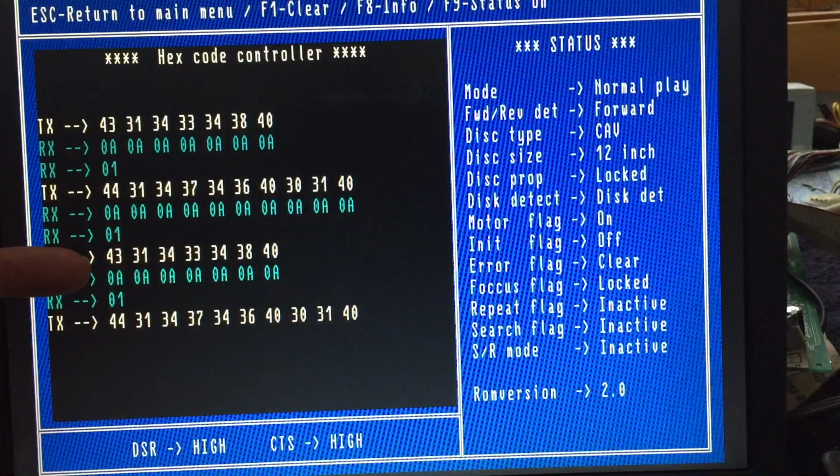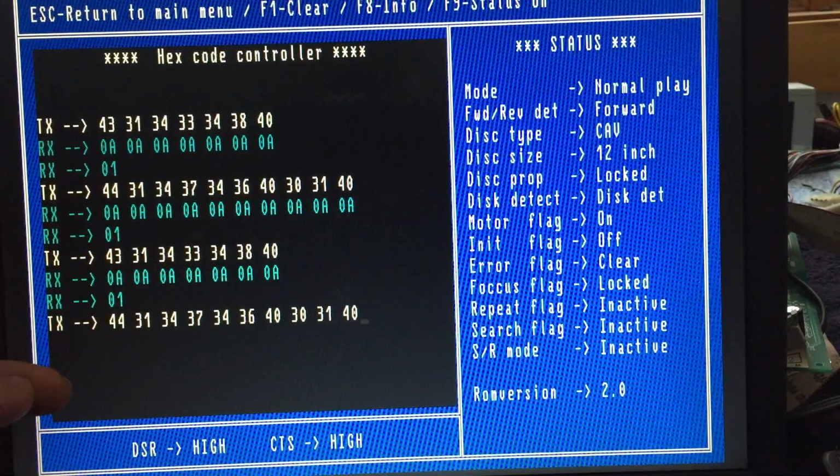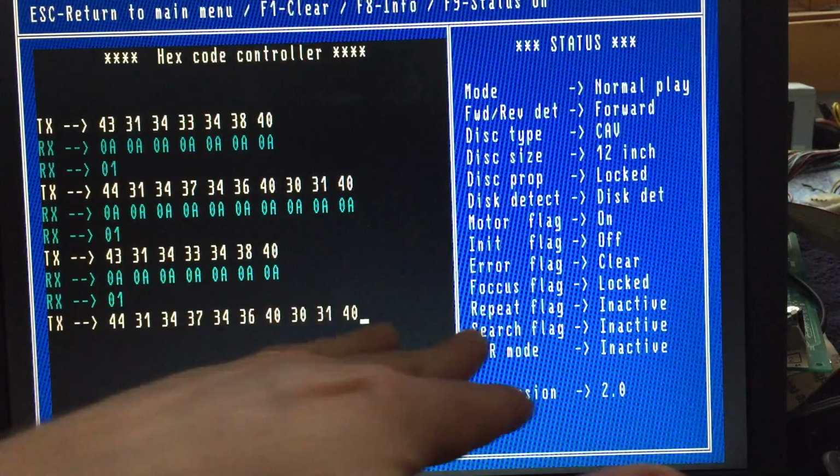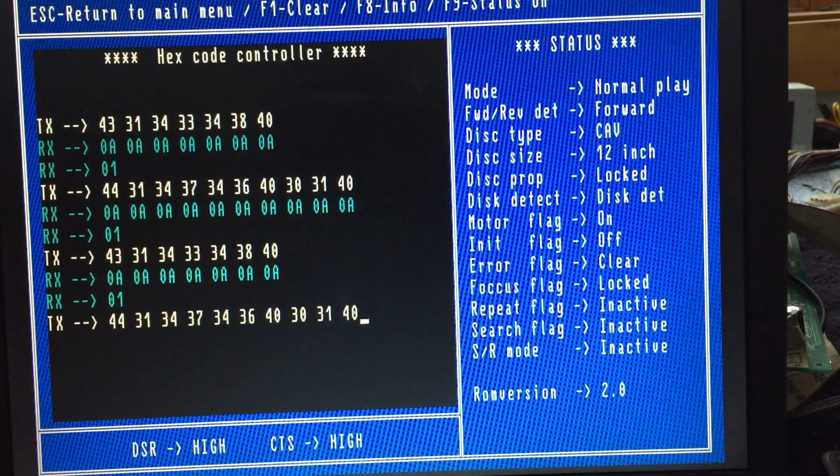I sent a search command that goes to the beginning of a level, and this is the repeat command that says play this range of frames this many times and then stop. And it puts in the end frame of the scene, says to play one time. So that way it will play to the end of the level and stop, so you don't see any overrun. So the way that normally works